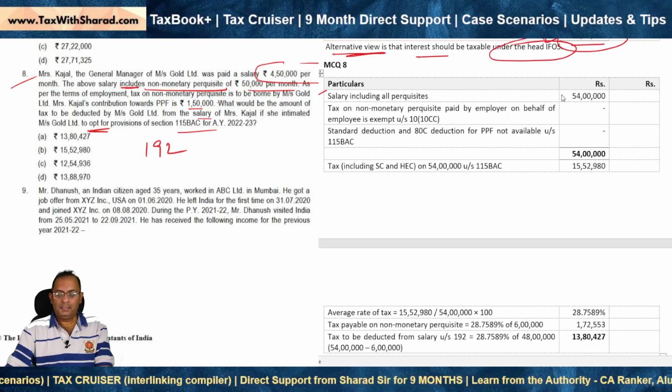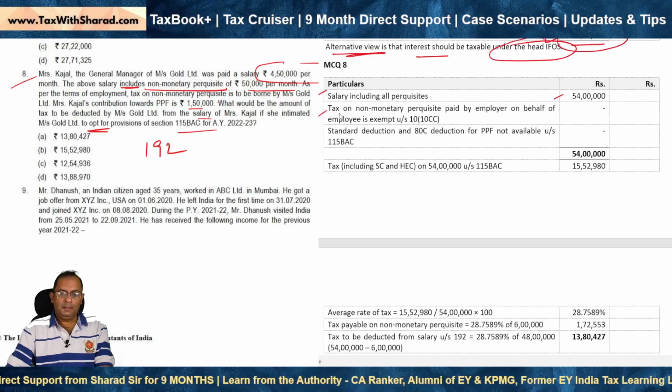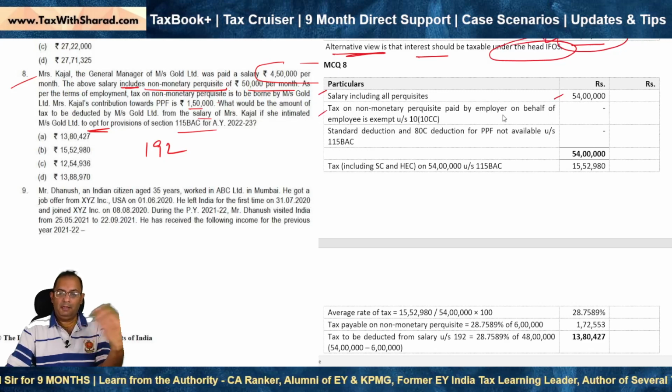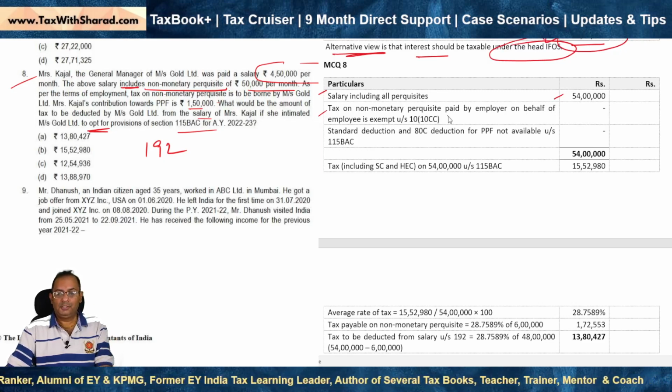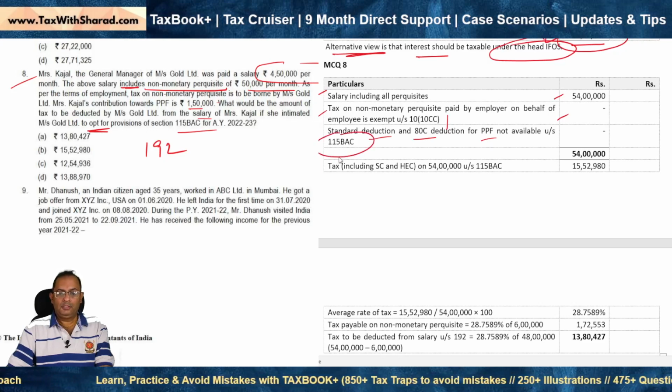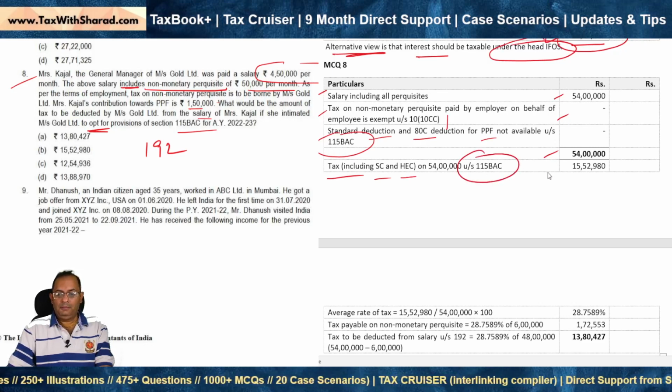Salary including all perquisites is 54 lakh for the year. Tax on non-monetary perquisites, which is paid by the employer on behalf of the employee, is really not a perquisite because it's specifically exempt under section 10(10CC). So we need not add anything on this account. Standard deduction is not to be deducted, and the deduction on account of PPF contribution is also not to be deducted, as she has opted for 115BAC. So the total taxable income comes to 54 lakh, and the tax including surcharge and HEC under section 115BAC comes to